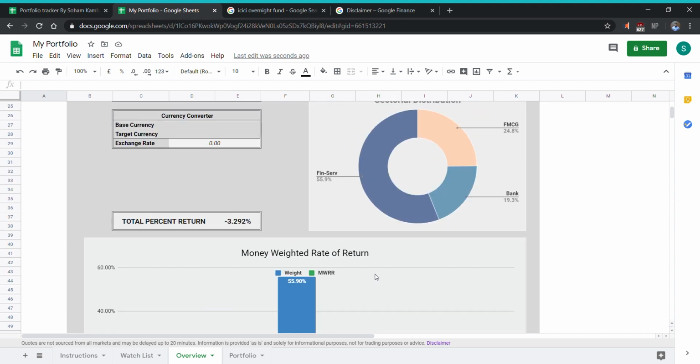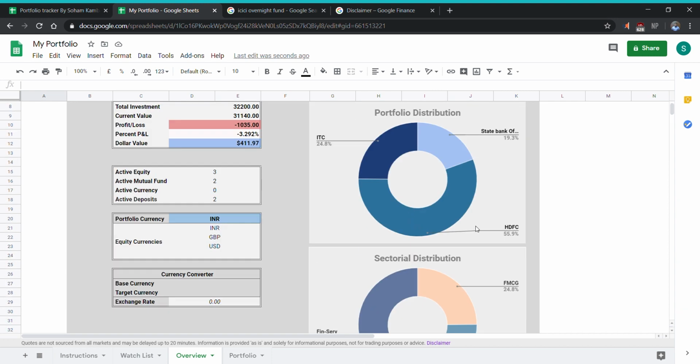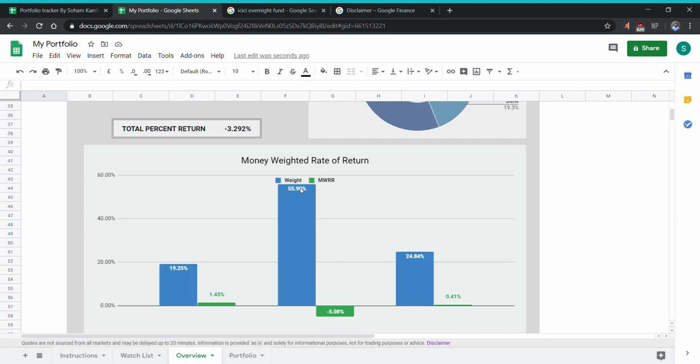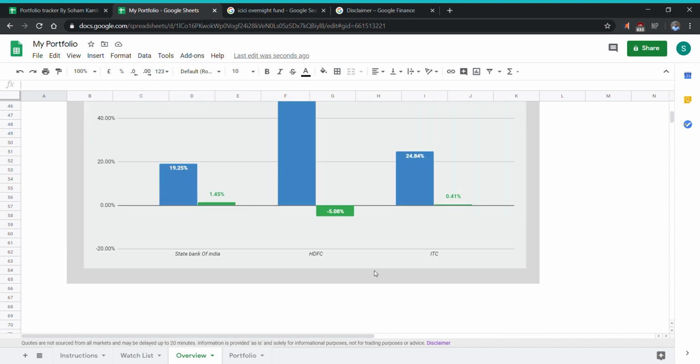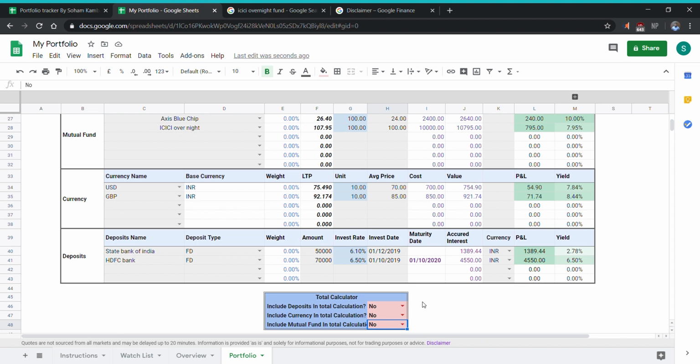So as you can see, my financial services has most of the weightage of my portfolio, that is HDFC, that is 55.9%, and return from that investment. So HDFC has given me minus 5% of return, ITC has given me 0.4%, State Bank has given me 1.45. So again, going back to the total calculator, here you can just select currency as yes and mutual